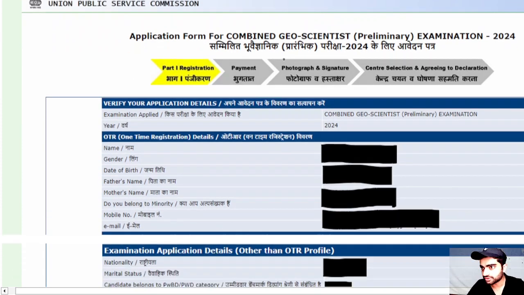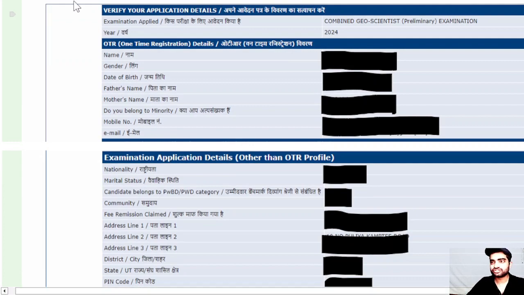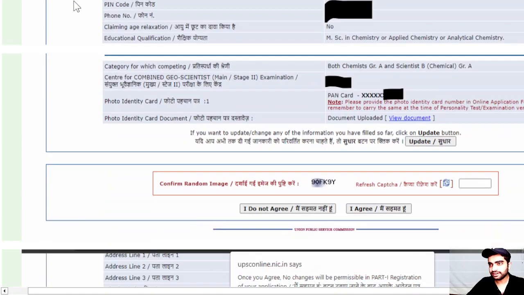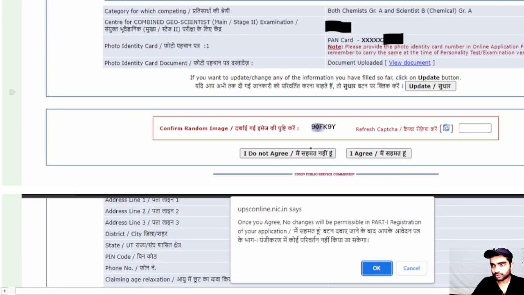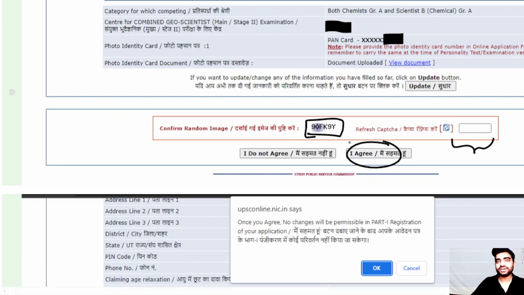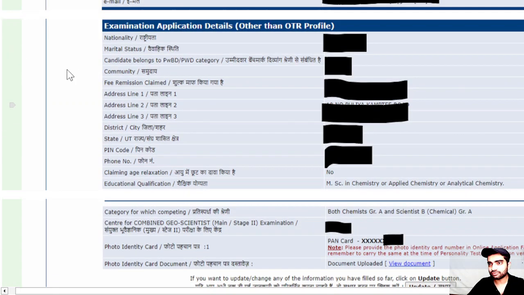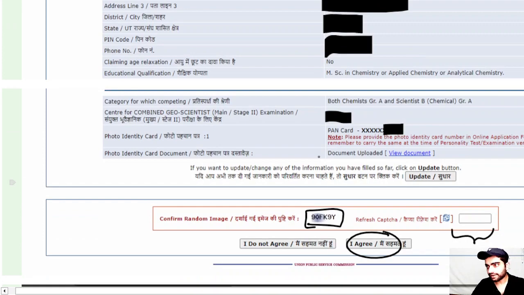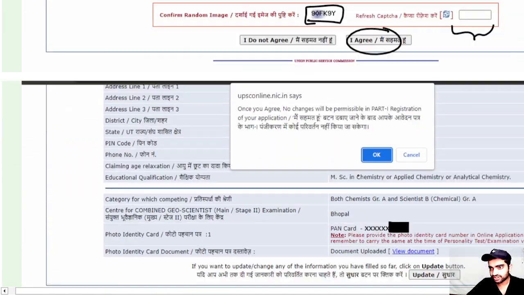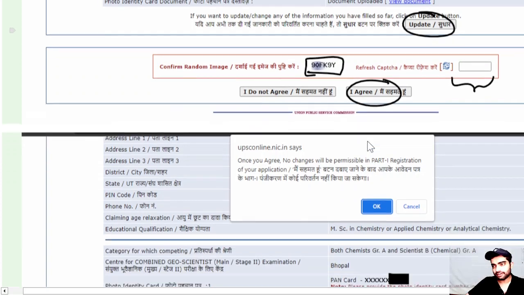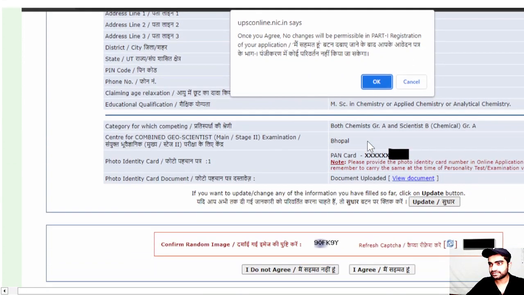Once you press on the continue button, your part 1 registration detail is entirely filled. You can check this, and if it is right, you can proceed by entering this key here and the captcha key, and then you will press the I Agree button. But if you think you need to make any changes in part 1 of this form, you have to click on update. This is the region where you can update, and you can proceed with updating your part 1 section. But if you click on I Agree, saying every detail is correct,